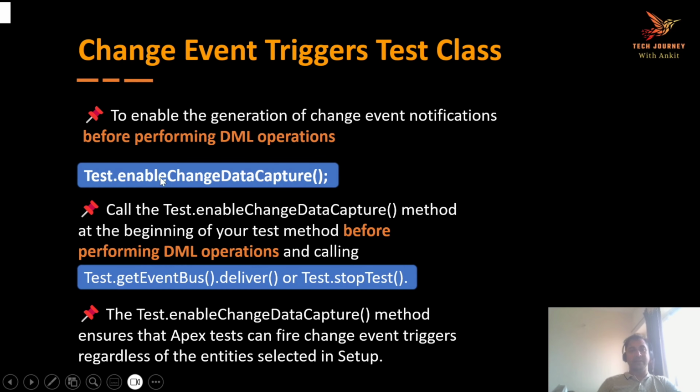Again, it doesn't matter for this method whether you have enabled the object in your setup or not. Even though you have not enabled the object in your setup, if you are invoking this method, that is Test.enableChangeDataCapture, then also you can go and enable the notification for that change event. Once you have enabled the change event notification and you have performed the DML operations on the record, then you